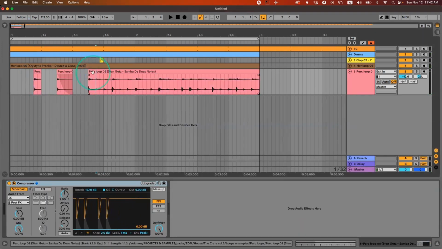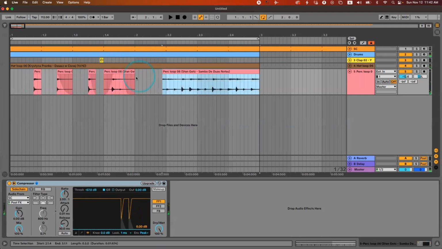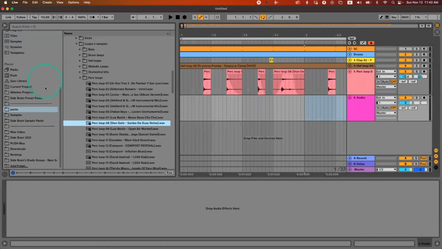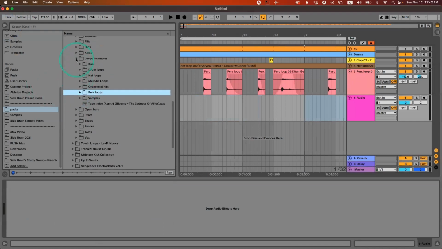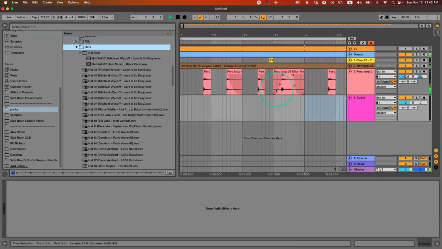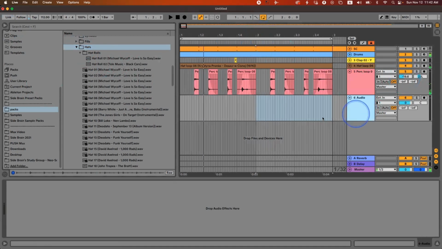Maybe we'll duplicate this, Command D. No, just leave that there. Okay, right now I'm just going to copy that. And let's add a few of our own hats. Instead of a drum rack, we'll just load it directly on the grid. And let's turn this down here. Okay, let's add